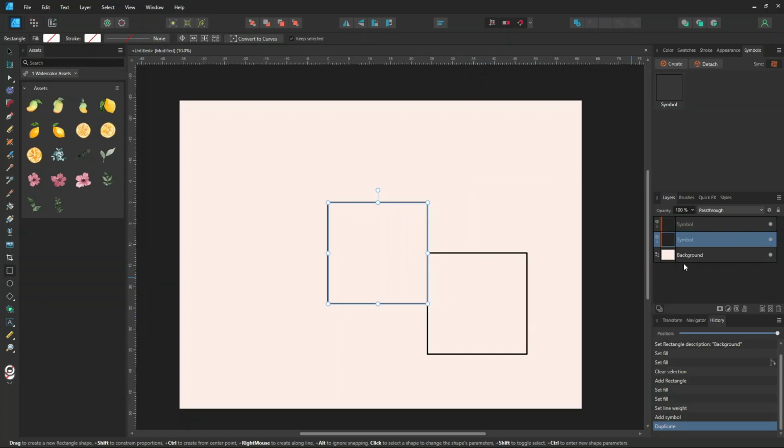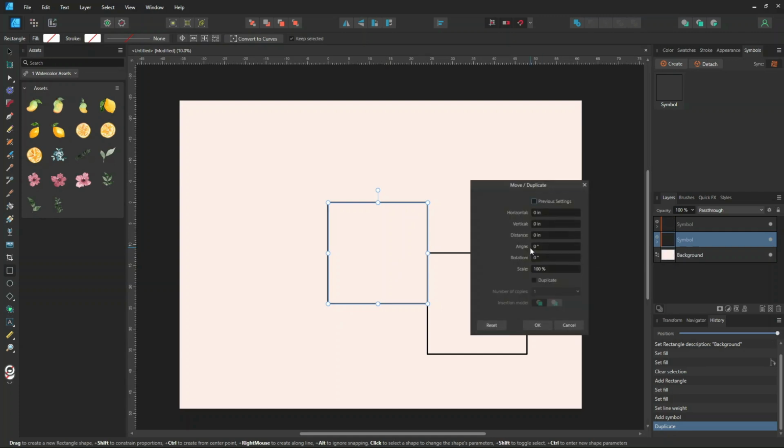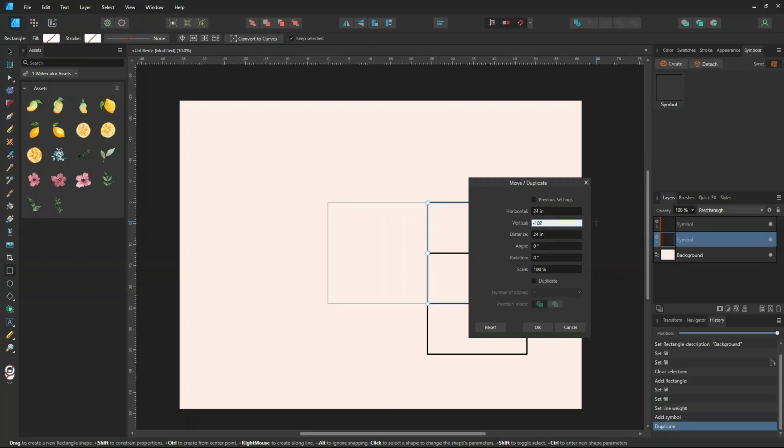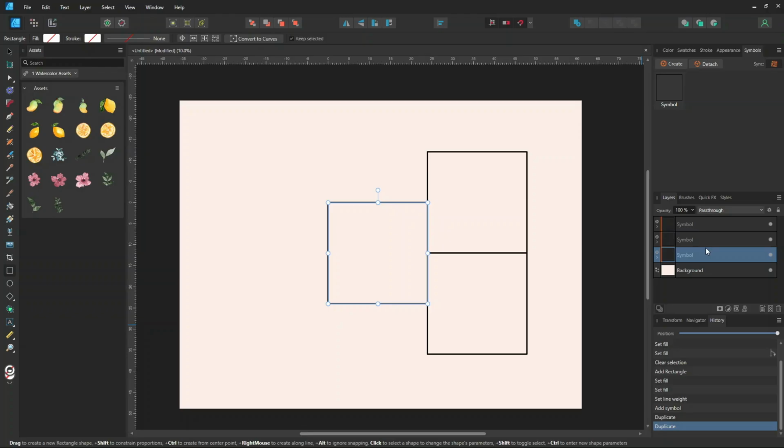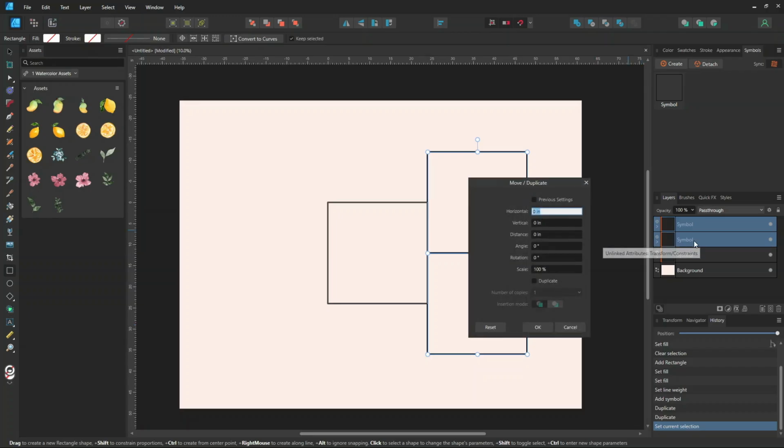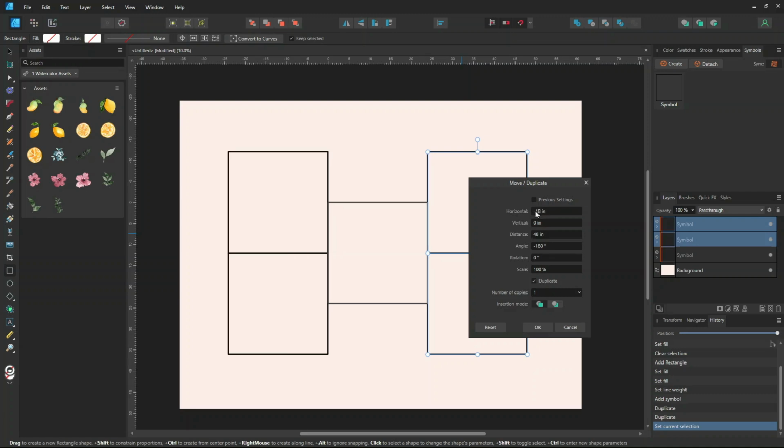Hit OK, then go back to the original one, hit enter again. In the horizontal I still want to move it 24, and in the vertical I want to move it minus 12 inches. Click on duplicate, create a duplicate, hit OK. Now I have these two new ones, and then what I want to do, again, select both of them, hit enter. Here in the horizontal I want to move it minus 48 actually, because I need it the full length. So minus 48 inches, there you go,